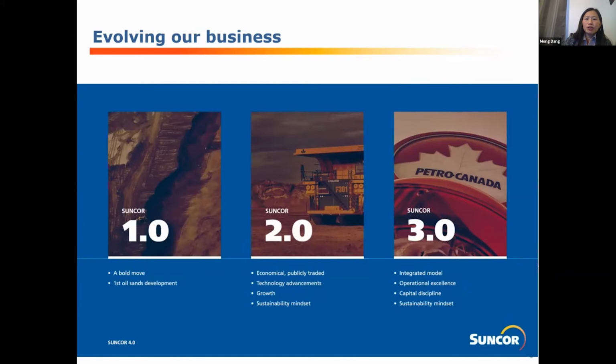The first bold move for Suncor 1.0 was actually from the 1910s to 1970s. It's about discovering how our Canadian oil sands could be economical. At that time, it was really a huge gamble. Suncor 2.0 was the 80s to the 90s. We made oil sands economical, made possible by new technologies at that time, like truck and shovel, and later on in situ. Suncor 3.0 was 2000s, 2010s, was about creating energy for the future.